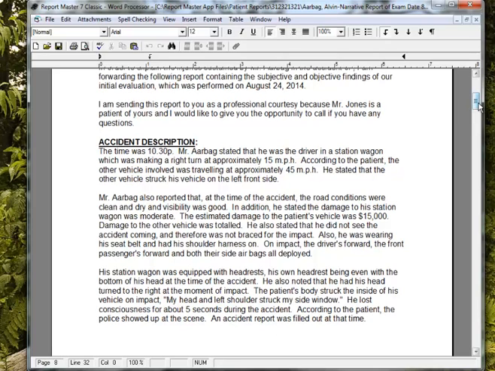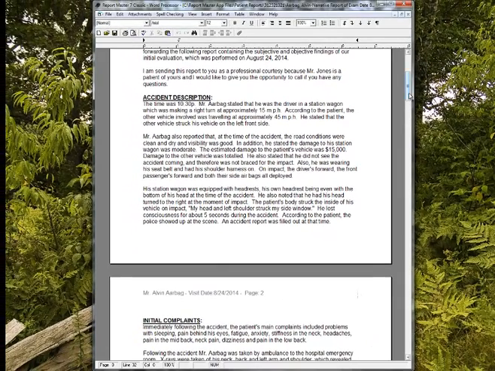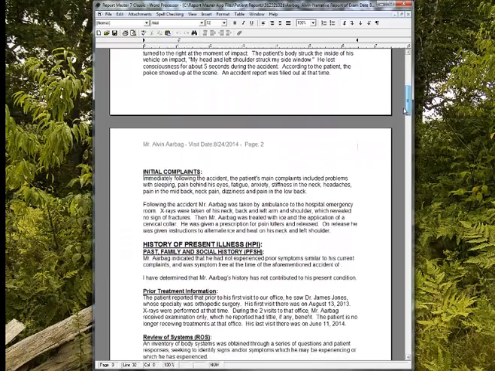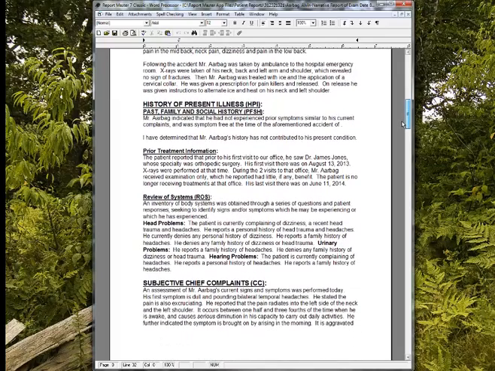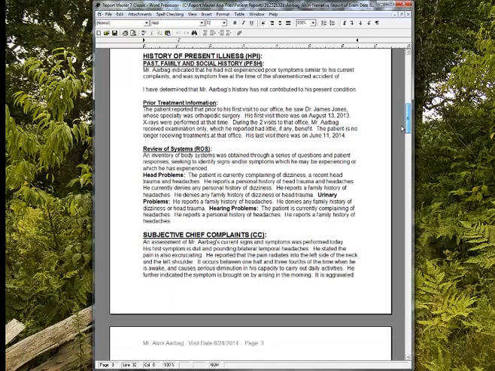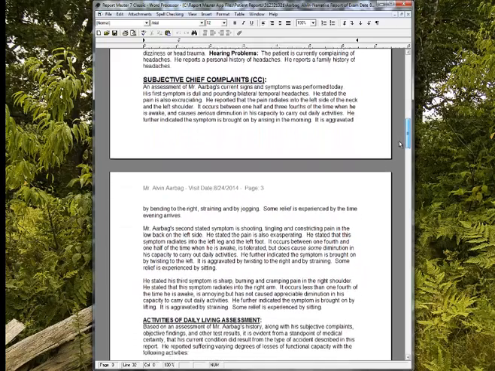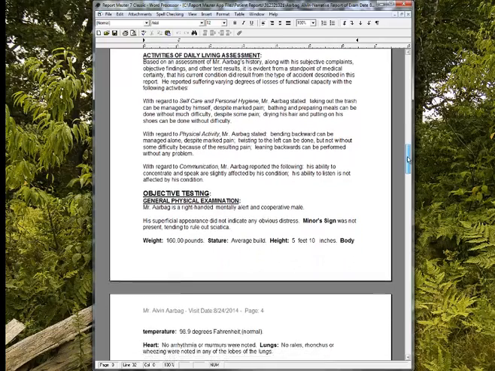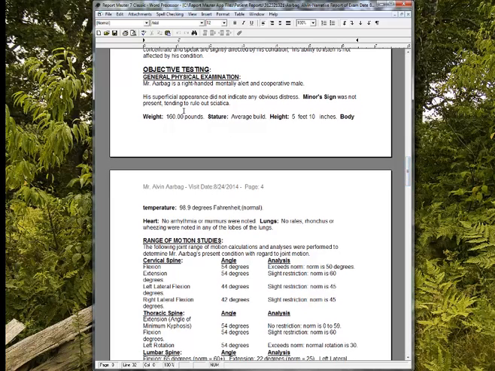Accident description, and as you can see, I'll stretch this out a little bit. As you can see, you can move back and forth through the video to read this if you'd like, but it's a pretty thorough report. Initial complaints, historical data, subjective complaints, activities of daily living, and you have your objective, which includes the general physical exam, range of motion,